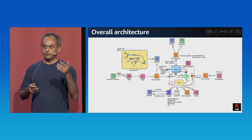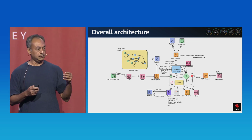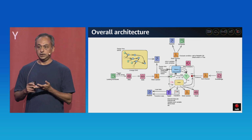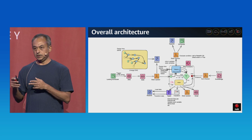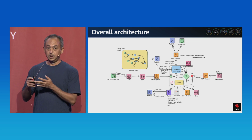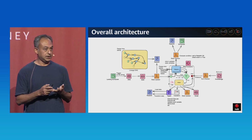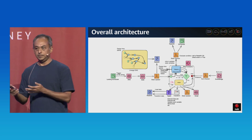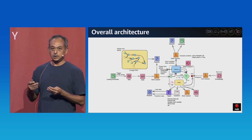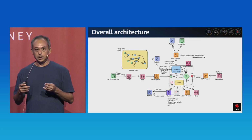You can only load it if, for example, the source file is available, maybe a control file on which it depends. You need to ask the question, have I loaded it already today? In some cases it will have a downstream dependency. For example, if you're generating data and sending it to another system, maybe they accept the data only on working days and non-holidays. As those dependencies started getting more and more complex for us, we realized that a